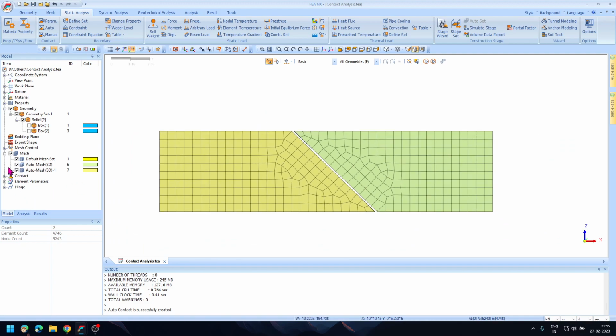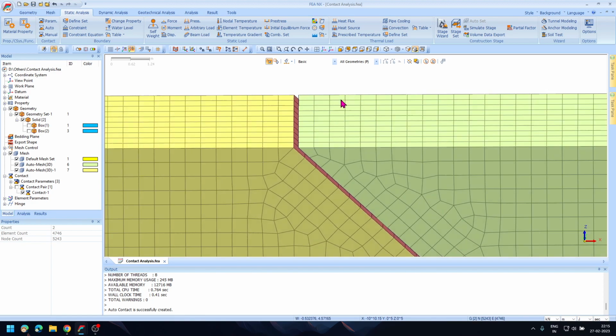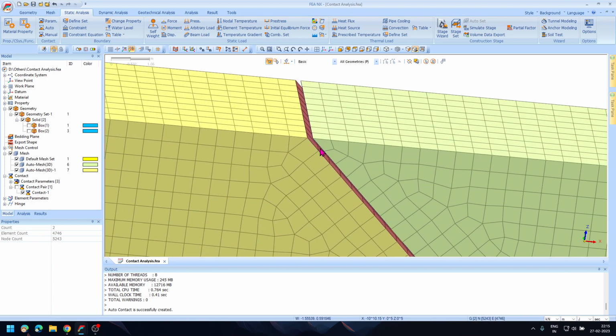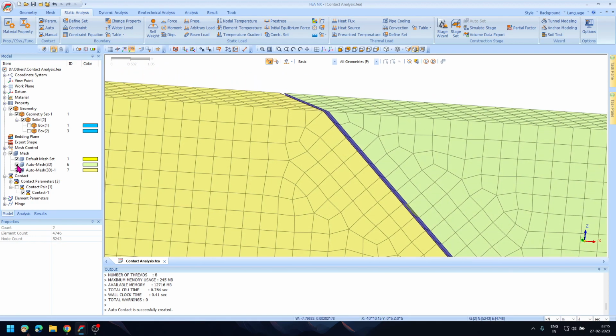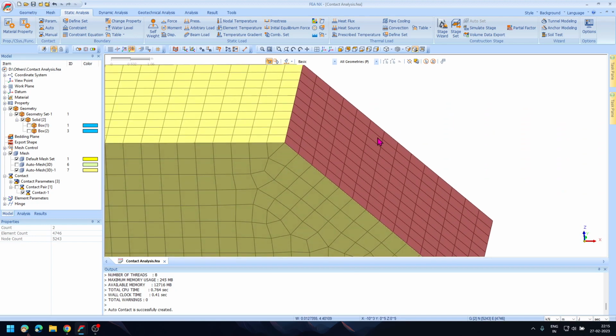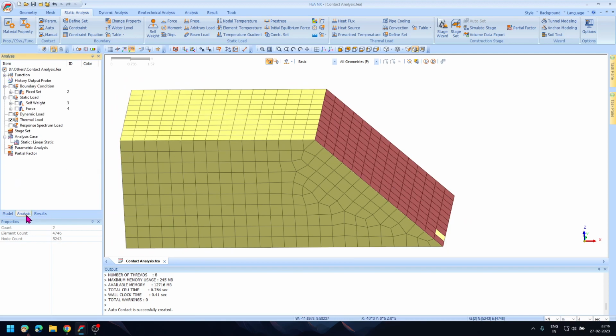So we can click on this plus icon, check on this contact, and see that the contact part, the color has been changed for the mesh. So if you hide one of the meshes here, we can see that this is the contact that has been generated automatically. So we can go to the analysis tab,